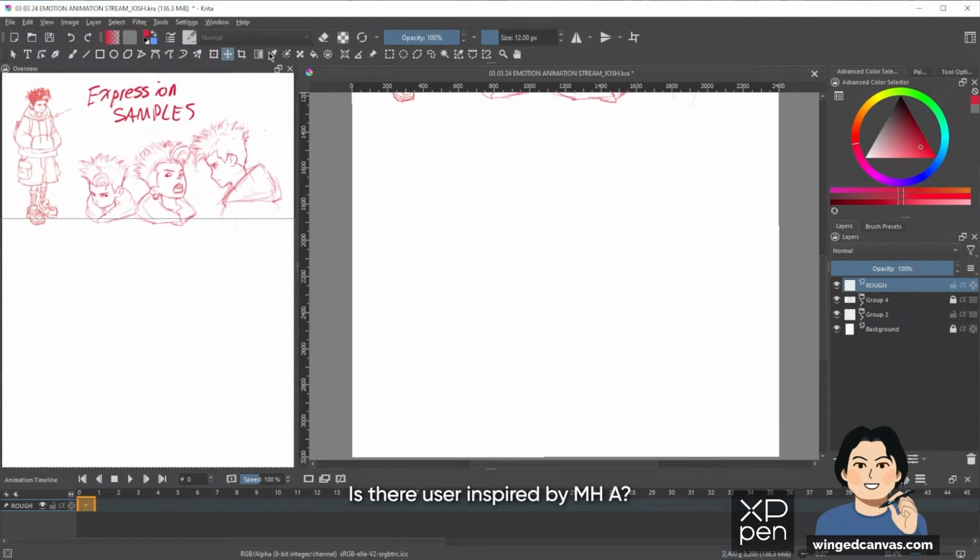Is your character inspired by MHA Hina? No, but it's kind of nice that you think so. Honestly, I was not thinking of my hero when I was designing this guy. It was more actually at the end of it, I felt like it felt more like Avatar, like Aang and everything, just because of the head shape. Obviously, this is like if Aang went edgy and had an earring and everything.